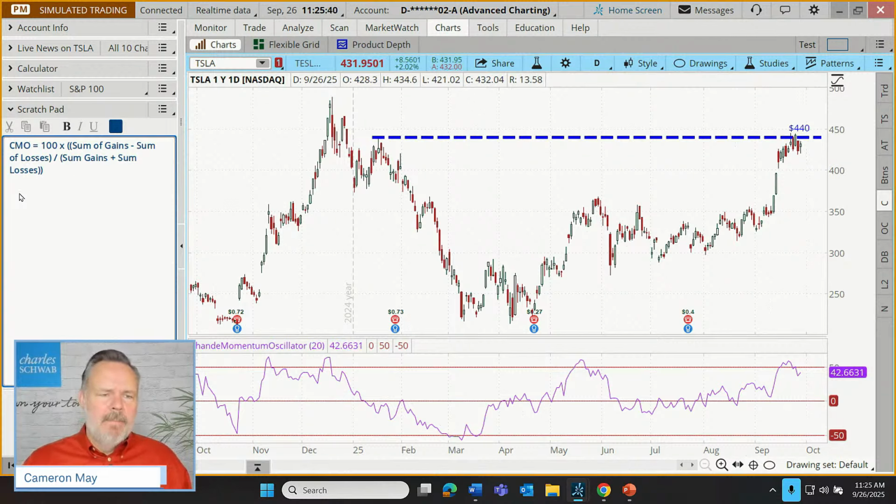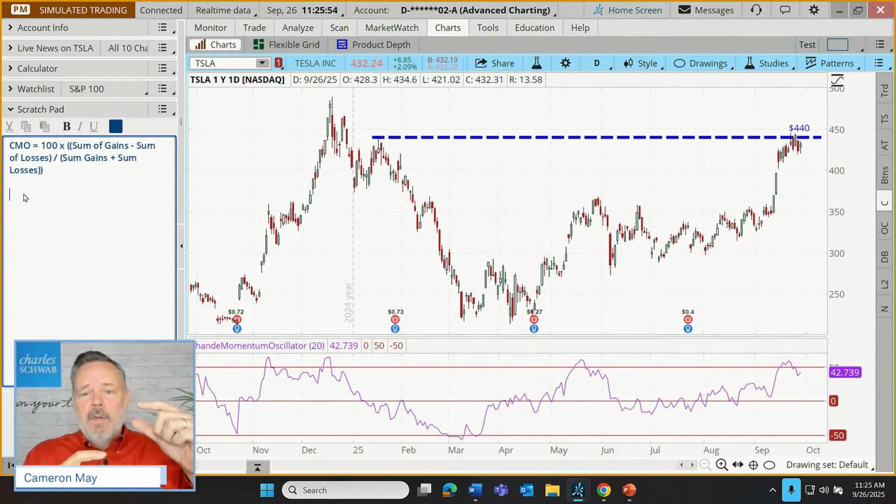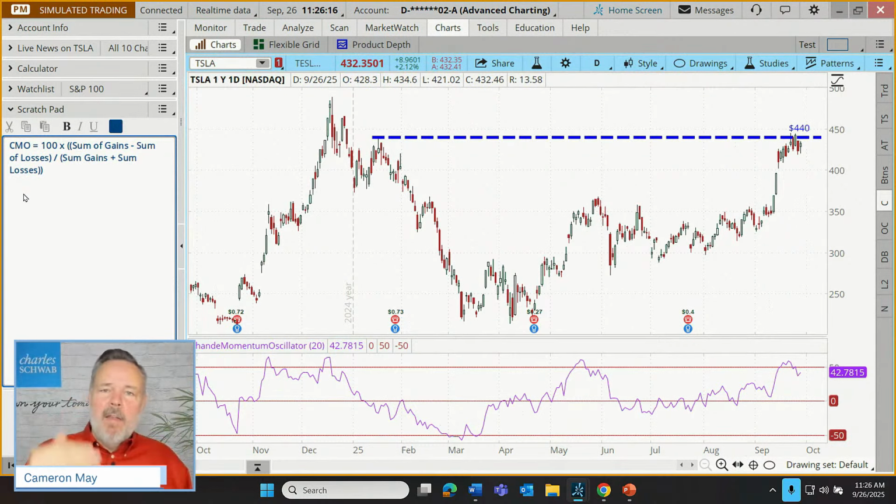So here's what that means. What we're doing is looking at, did the stock go up or down over the last 20 days? Every time the stock goes up, it's assigned a positive value equal to the amount that it went up. Every time the stock goes down, it's assigned a value. It's actually not positive. I shouldn't have even said positive. More accurately, it has a value. Okay, we just keep track of how far it went up and each time it went up. And then we look at how far the stock goes down on the down days each time they go down. And then we just sum all those up, sum up all the positive increases, sum up all of the drops, and we use those in this equation.